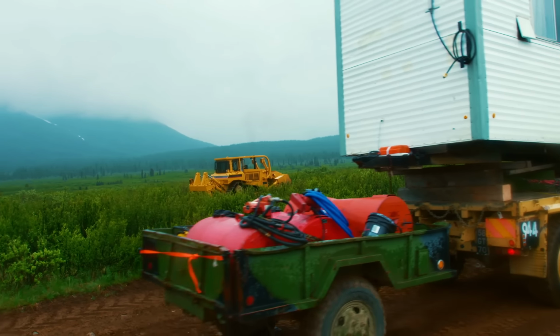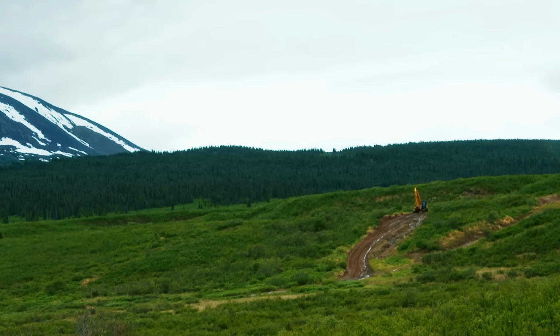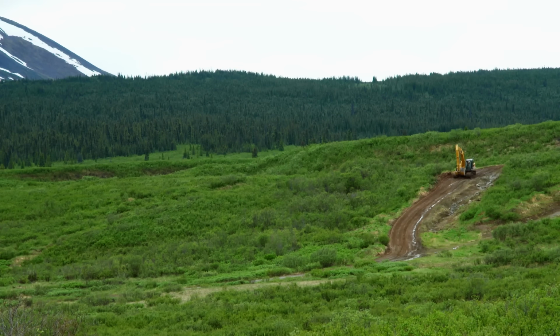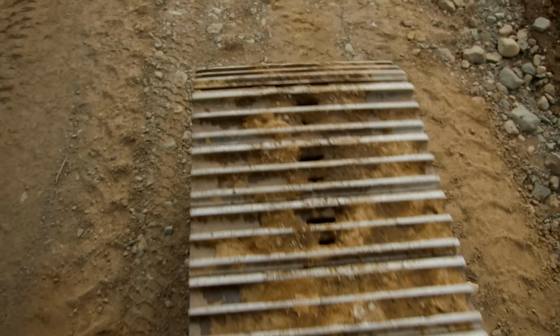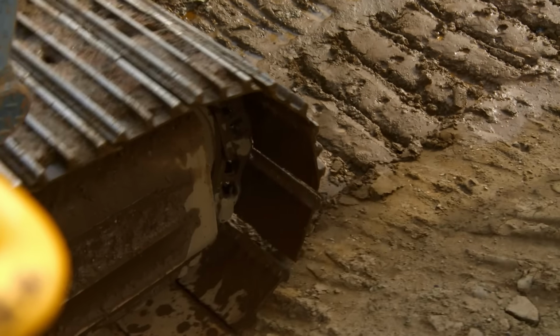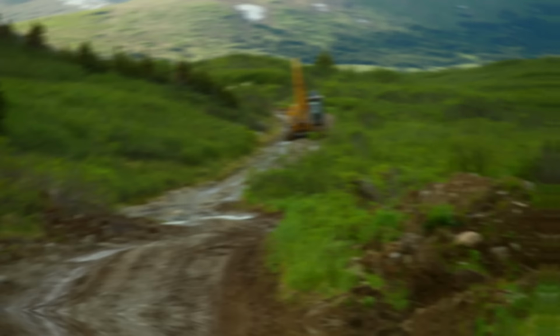R2 and Guy have made it through. Now they wait for Josh in the excavator. Wonderful little breeze. No mosquitoes. But Boulder Alley has dished out a deadly pounding on the excavator's tracks. So we made it through Boulder Alley and we feel like we're killing it, like it's going really good right now. And all of a sudden, out of nowhere, tracks coming off and holy